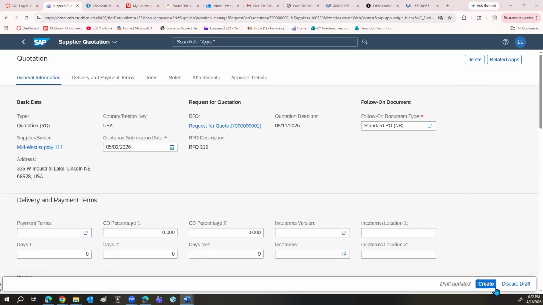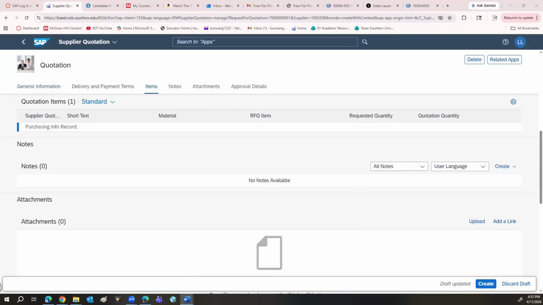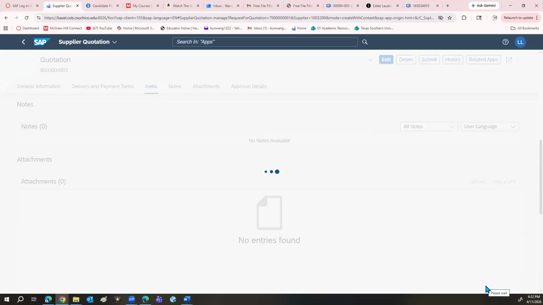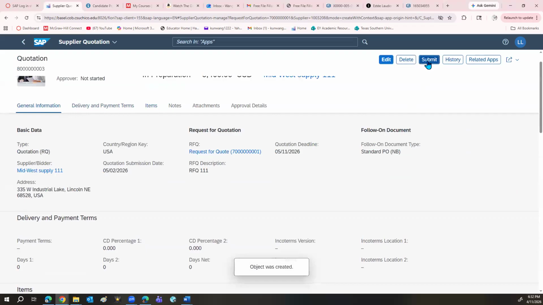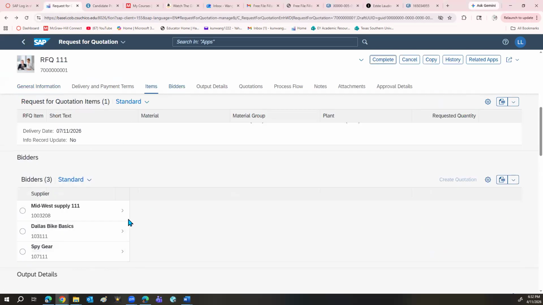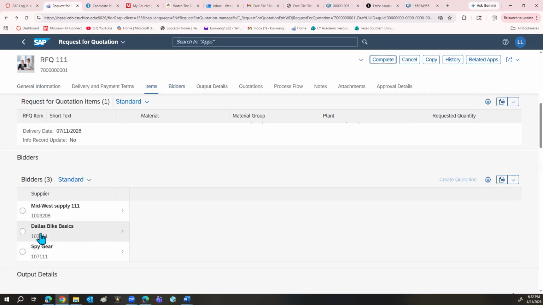Be careful not to create. Okay, submit, in the top. Oh, create. Yeah, first create and then submit. It has been submitted, and now you go back. You can use the back arrow to go back to the second. And once you see the first window, the quotation, the total cost has appeared. Then the second